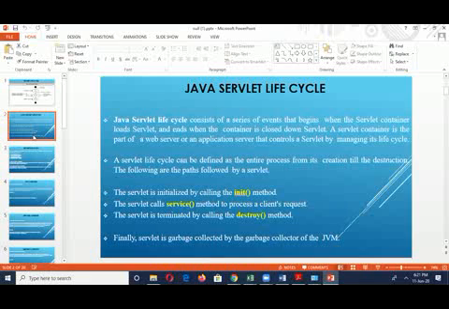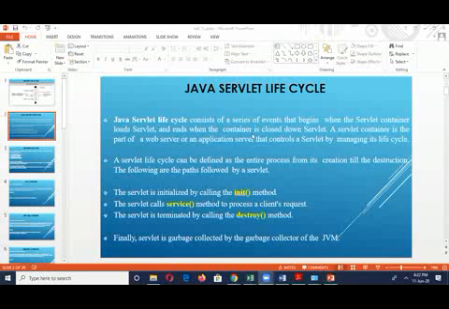The Java servlet lifecycle consists of a series of events that begins when the servlet container loads the servlet and ends when the container is closed down. A servlet container is part of a web server or an application server, and it controls a servlet by managing its lifecycle.